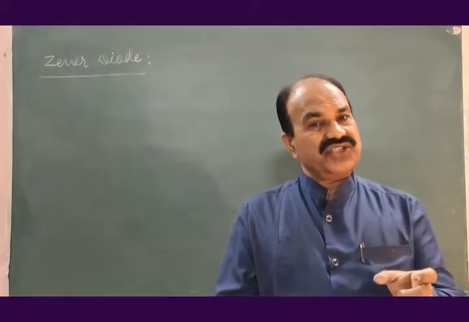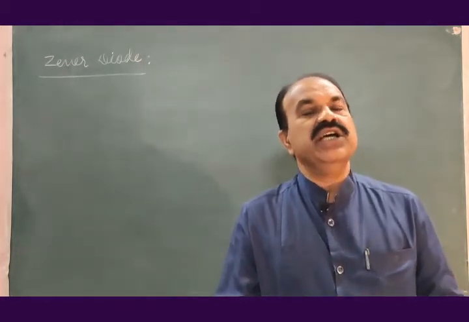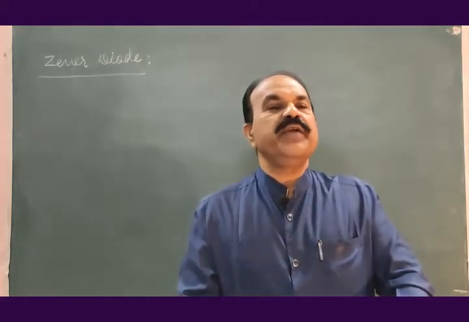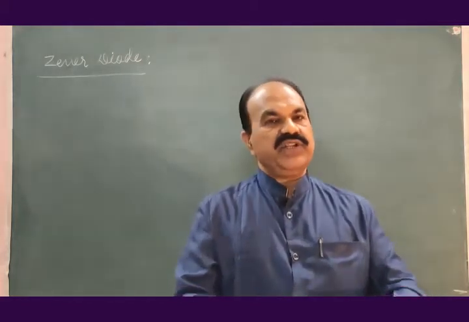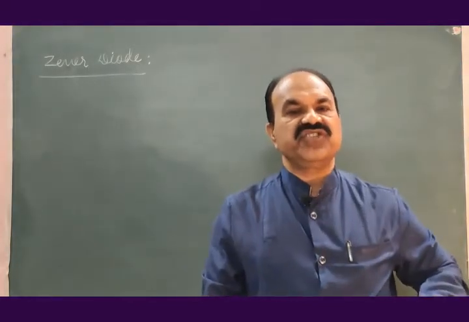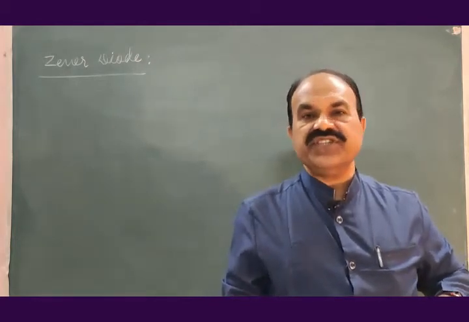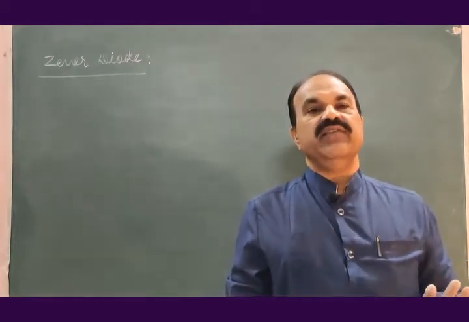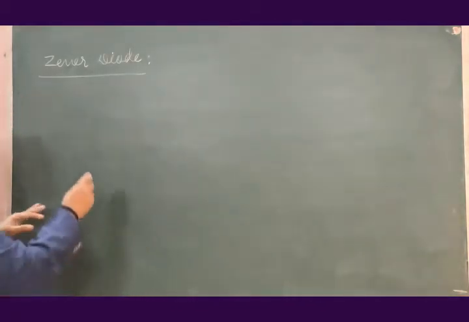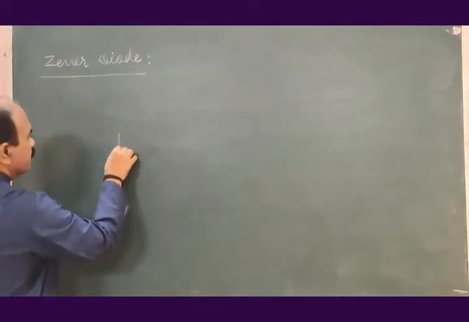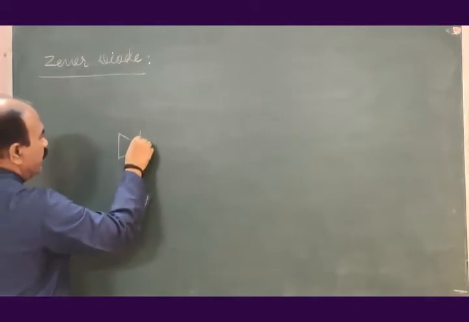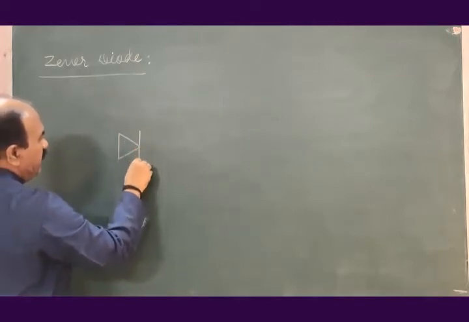The whole crystal structure of the Zener diode is neutral, just similar to the neutral crystal structure of ordinary PN junction diode. Everything will be same. Everything will be just similar to the ordinary PN junction diode. What difference is in Zener diode? The doping level. The symbol of ordinary PN junction diode is this, as you know. In the last lecture, I gave this symbol for ordinary PN junction diode.